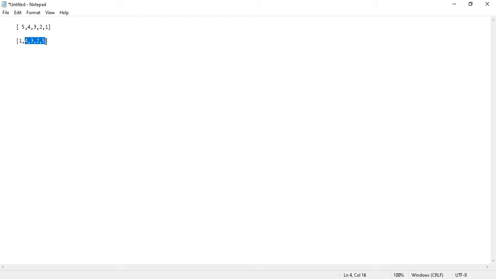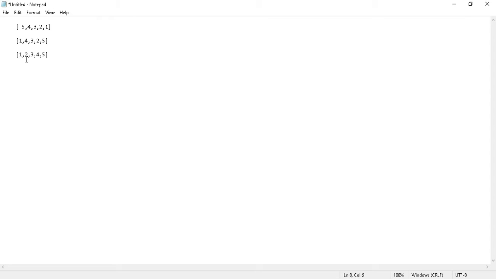Now this is again the unsorted part, so we will take this part alone. I will leave the first one. In this, what is the minimum number here? The minimum number is 2, right? So I will take this part only and replace this 2 with this index's number. 4 is in index 1, so I will replace, in the sense I will just swap it. 2, 3, 4 and 5, right? So here it is sorted.